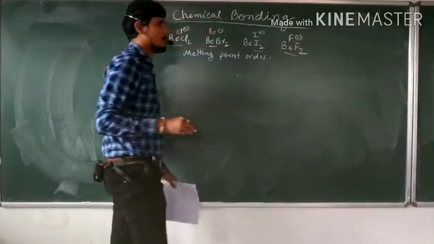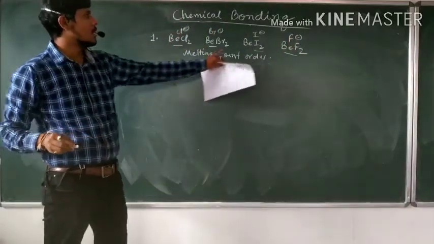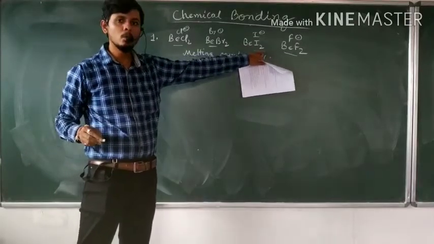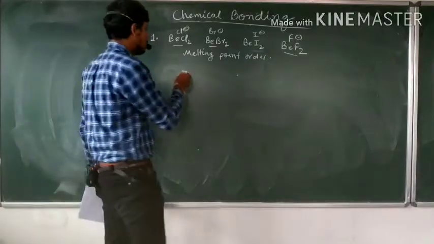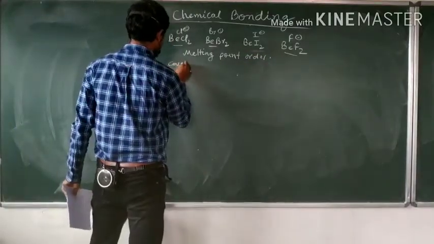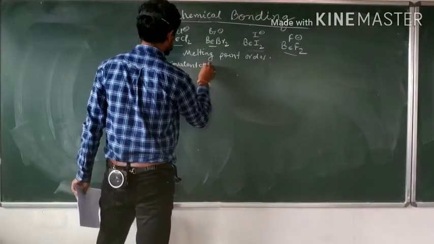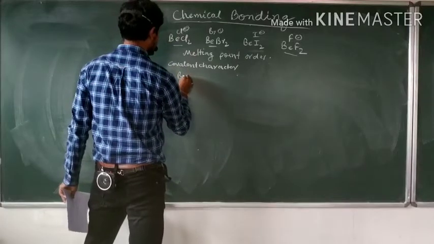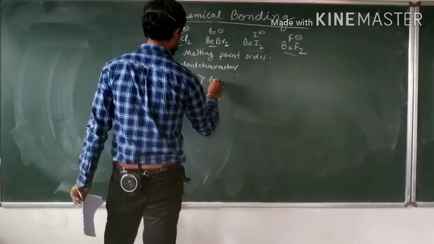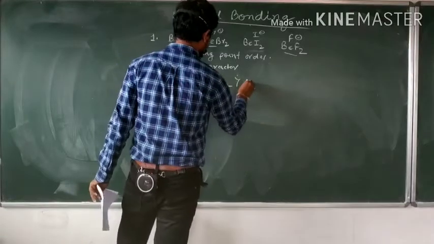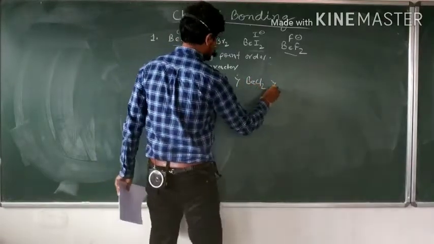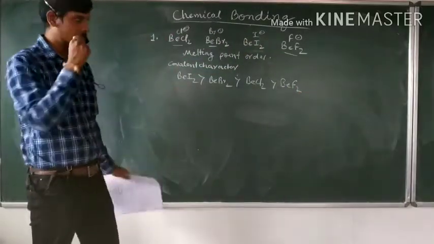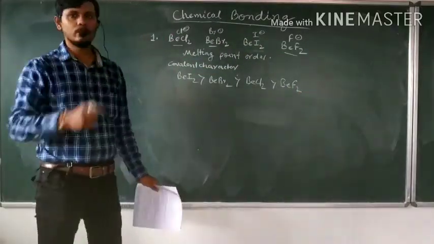F negative. The largest anion is I negative. That means BeI2 will be the most covalent. Order of covalent character will be BeI2 greater than BeBr2 greater than BeCl2 greater than BeF2. So this is the order of covalent character, and I already told you that